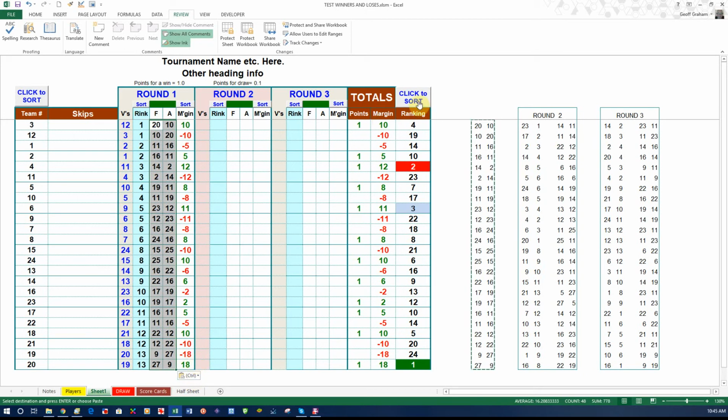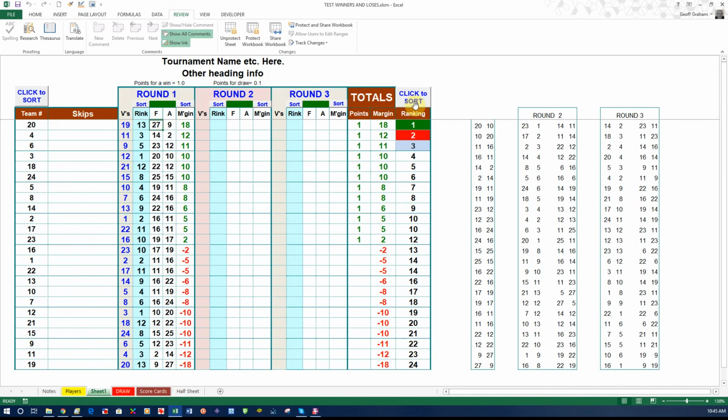we then come over here and click on Click to Sort, which sorts the rankings, in this case from 1 to 24. Now you can see the top 12 teams, the top 12 winners from the first round, are now in order, with the best rated team at the top, and then the same for the ones who didn't win